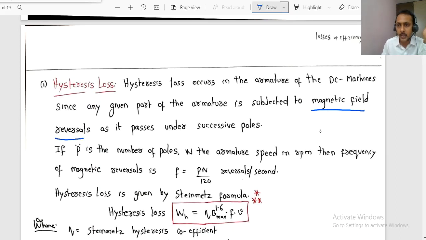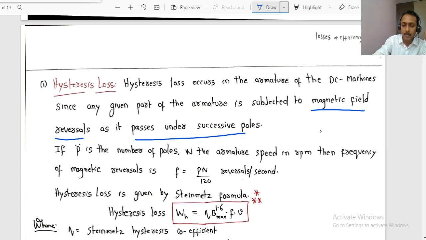Those conductors will be subjected to what? The magnetic field winding is fixed, the north pole and south pole are fixed, but these conductors are rotating in the presence of the field. Because of that, those conductors will be subjected to magnetic reversal, and some losses will occur. So mainly due to the magnetic field reversal of the armature conductors as they pass under the successive